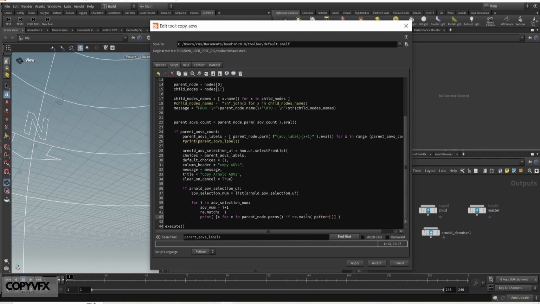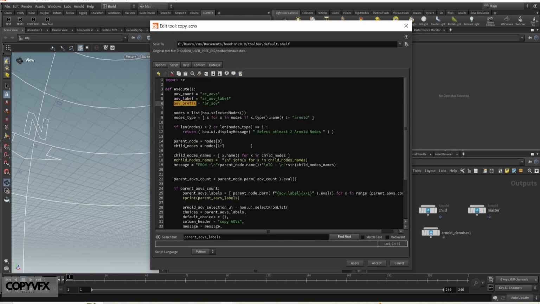It will be used over here: re.match, pattern, and then the name of the parameters, which is x.name, and I also want the output as a name only and not the whole parameter thing, but we don't have the pattern decided yet. To do so, we will be defining the pattern as search pattern. What we have to search is we have to check with the prefix